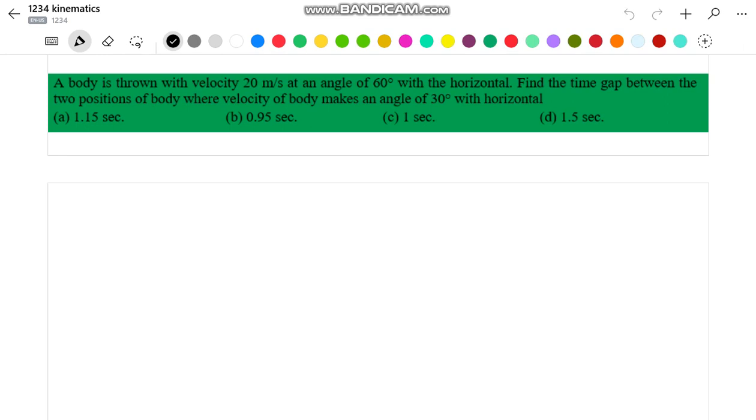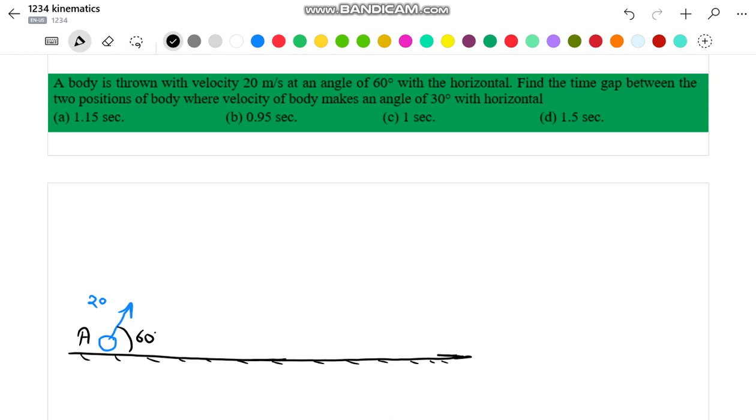degree with the horizontal. So according to the condition given in the problem, the initial velocity with which the object is projected is 20 meter per second and it makes an angle of 60 degree with the horizontal. Let us call this point as point A. In its subsequent motion, which we know will be a parabolic path, let us assume that it crosses point B